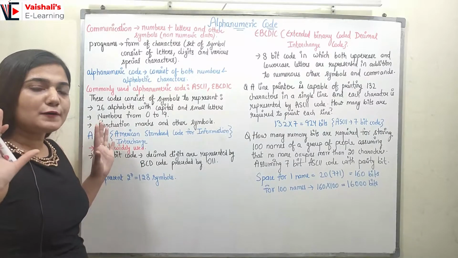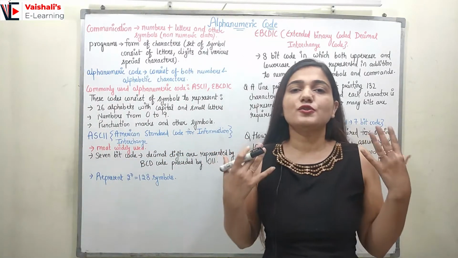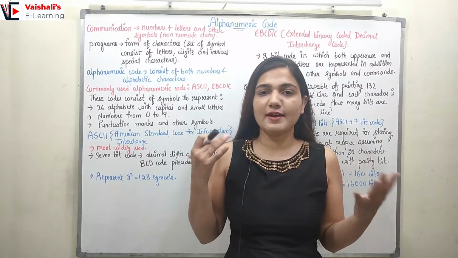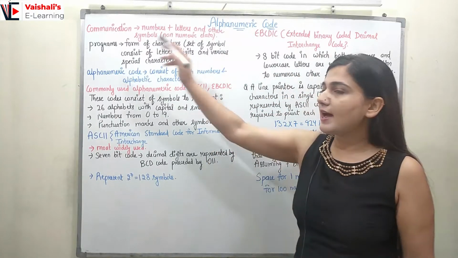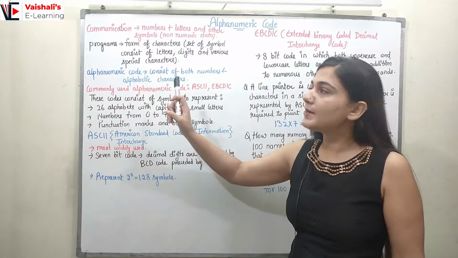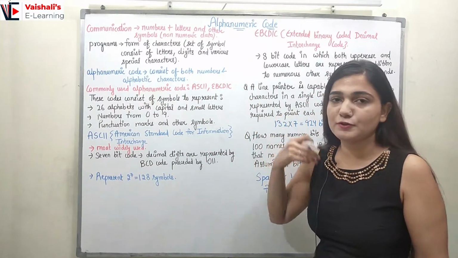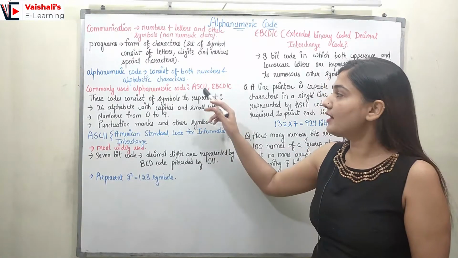So if I want to communicate to the computer using programs, at that time also I require some alphanumeric code, because here I will be using alphabets, numbers, special characters. So programs are also using the alphanumeric code. Now what is the alphanumeric code? Basically it consists of both numbers and alphabetic characters, and the two most widely used alphanumeric codes are the ASCII code